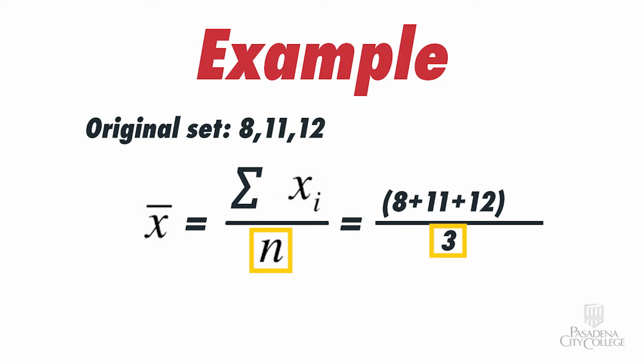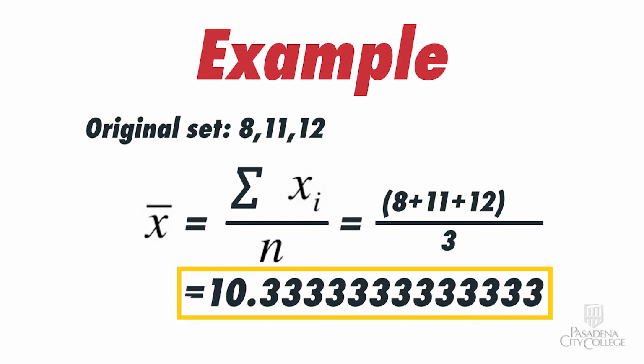If you're doing this calculation at home and trying to do it all in one step, make sure that you put parentheses around the numerator. It's very important. Otherwise, you're dividing only 12 by 3 and not the entire sum by 3. I'm sure our viewers will be very careful with that. So when we do this calculation, what do we get? We get